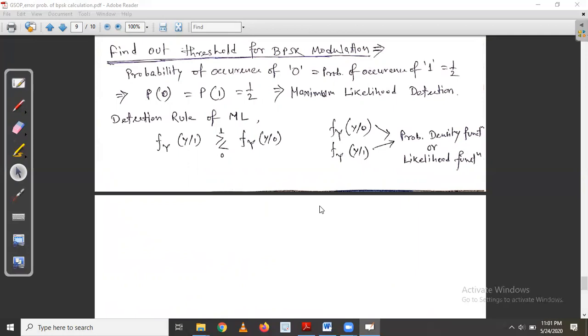To find out the threshold for BPSK, we did everything with the help of BPSK modulation. You can do it by taking another example, another modulation technique, no problem. So what we are writing, see,